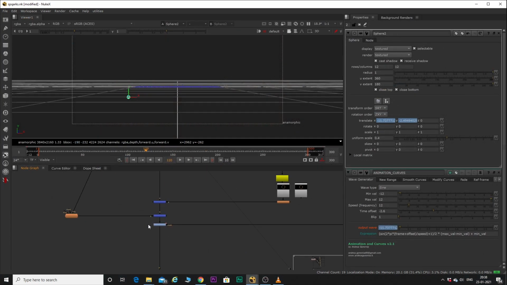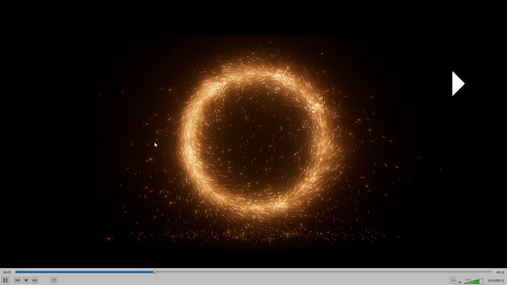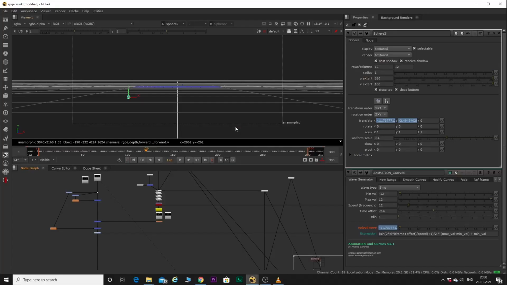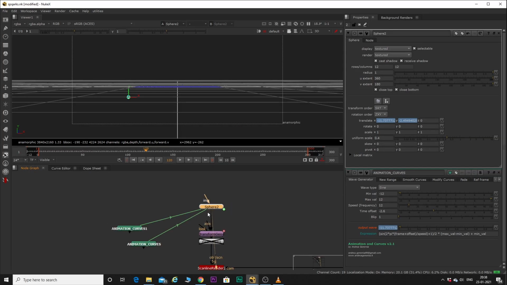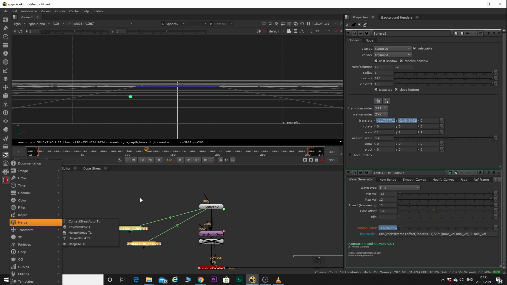So the next thing that I've added to this effect is a kind of a trail, if you see in this effect, that goes around the circumference. So to create this effect, what I did is I took a sphere, and these are animation curve nodes which you will find in the Nuke survival kit, which is nothing but some really great tools compiled by Tony Lyons through different sources, and I think you should download that. It has some really amazing nodes.